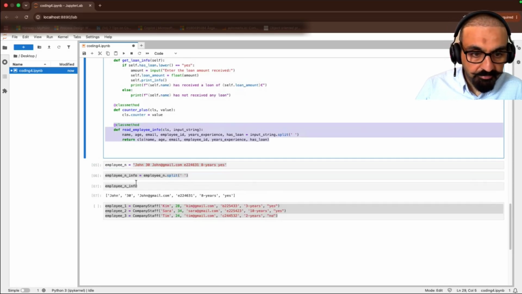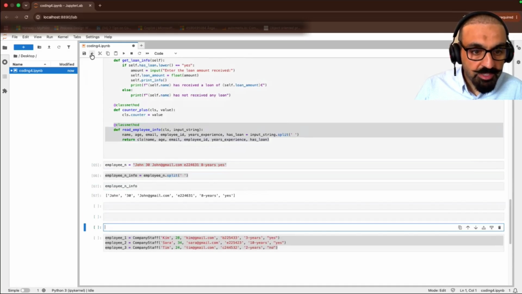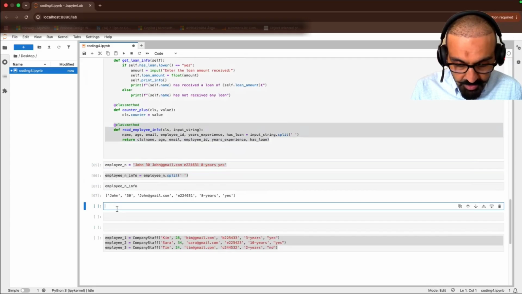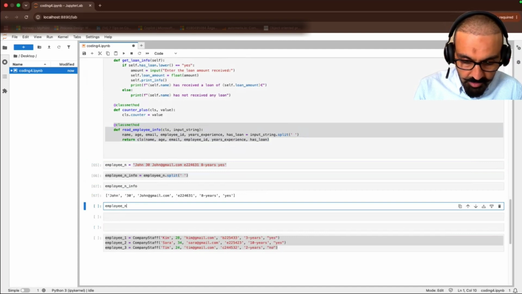We can add more cells to see that the new employee was employee number n. Employee number n equals to